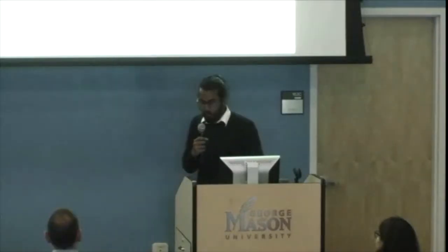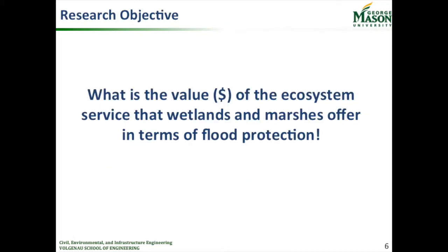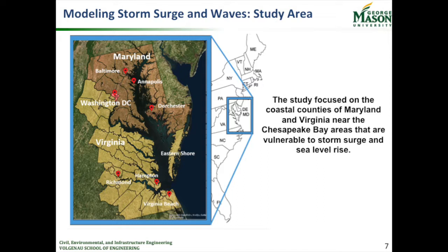The way wetlands and marshes reduce the surge varies with storm locations, topography, and other features. At the same time, the service varies with the population and the property nearby. So in this study, we tried to find the value of the ecosystem service of wetlands and marshes in terms of flood protection. To do so, we did the study in the coastal counties of Chesapeake Bay in Virginia and